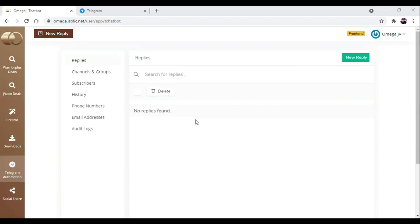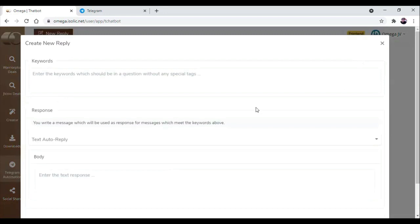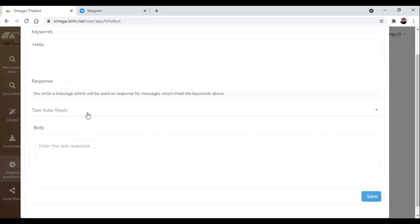Hey guys, welcome back. Now in this video we are going to discuss about the Telegram automation. In our last video we have already discussed how you can implement the group, bot, and how you can add that with our Omega software. Now in this video we are going to discuss how you can utilize the same. So here we go. First we will discuss about the replies. Suppose anyone is commenting or messaging anything on your group, then how you can reply automatically to them. So first of all, you have to click over here on new reply, and here you can find a section keyword. Suppose someone is commenting hello. Now in this response, you can add